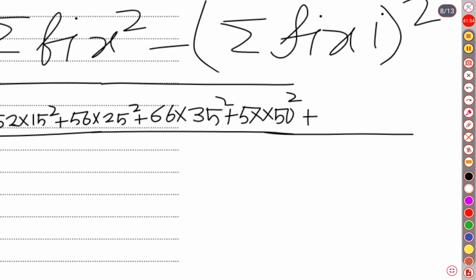The final frequency is 35, so 35 into 75 squared. Okay, then